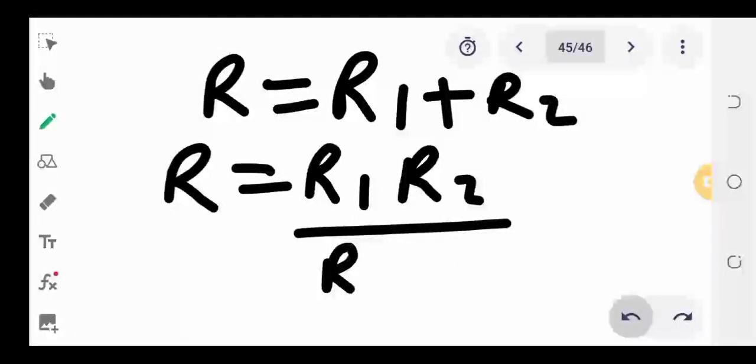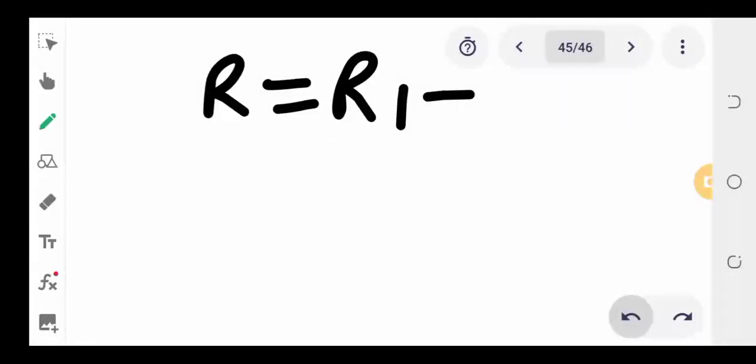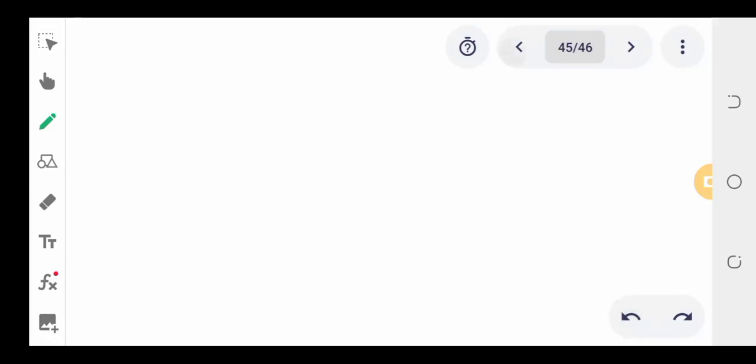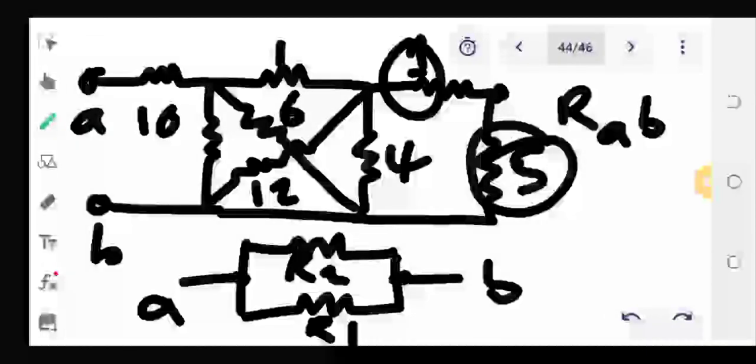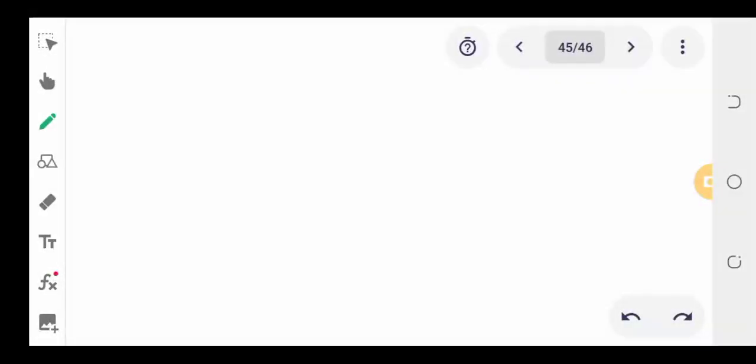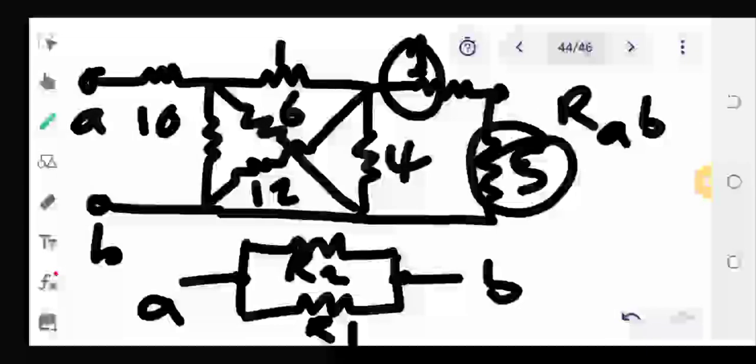So we go back to this. This and this are in series, so we add them. Adding, we are getting 6 ohms. So now, if we get that 6 ohms, we can